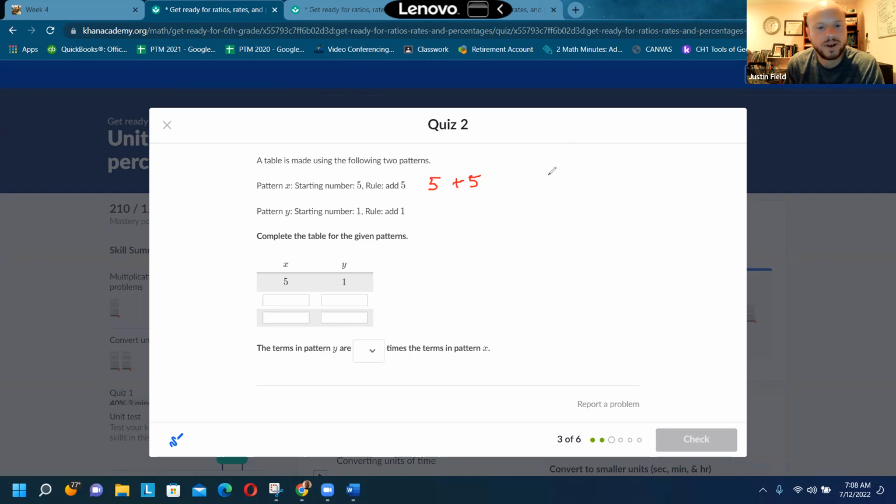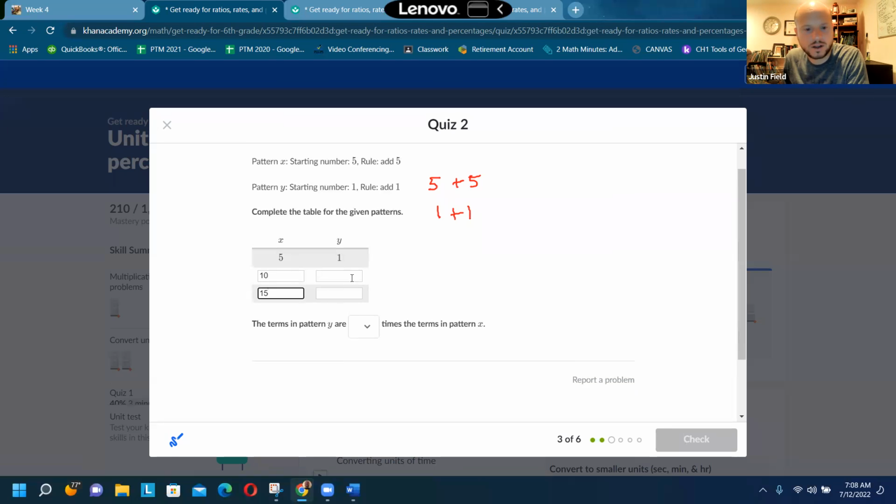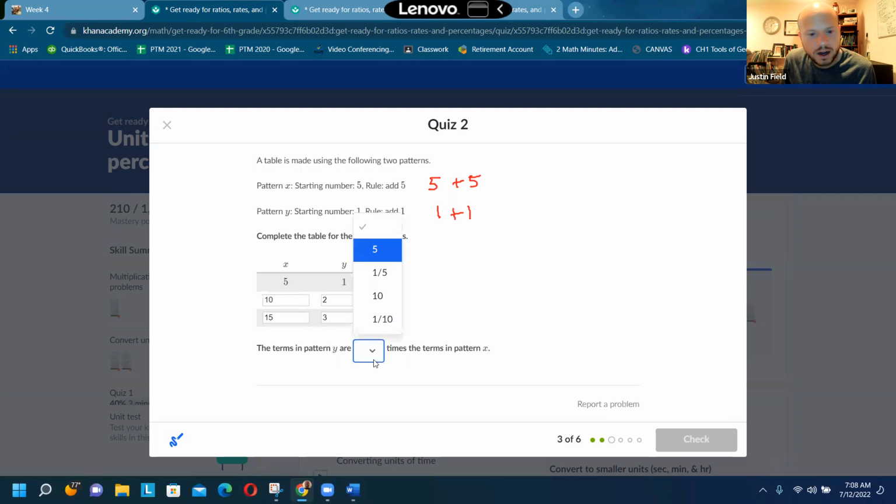Whatever x is, you add 5. And pattern Y, starting number 1, add 1. Okay. So we're just going to, what is that, 10, 15, 2, 3. The terms in pattern Y are,